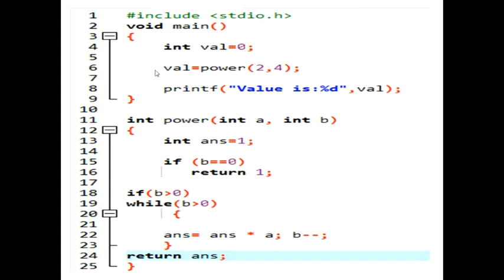You can also change this code to accept the base from the user, to accept the index from the user, and then accordingly put this as m raised to n or a raised to b or x raised to y. You may try this and check whether you are getting the correct answer.